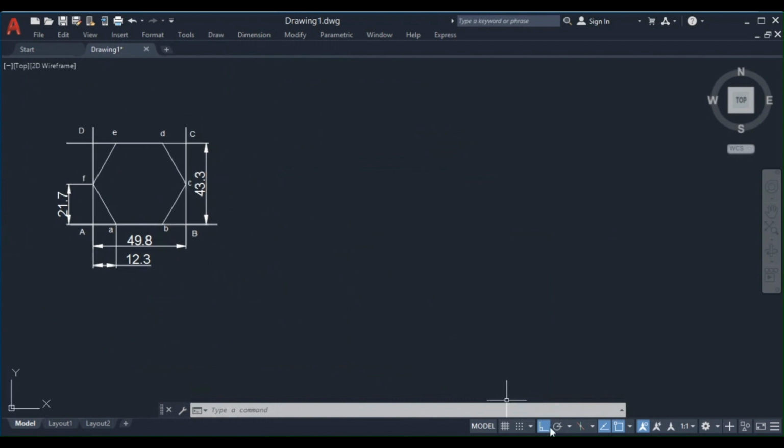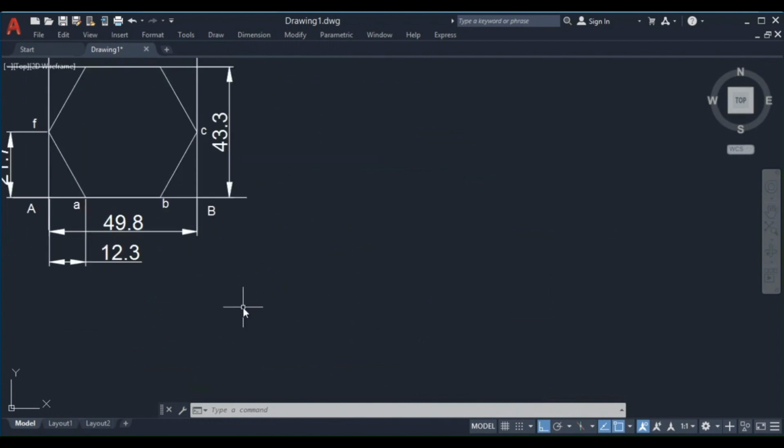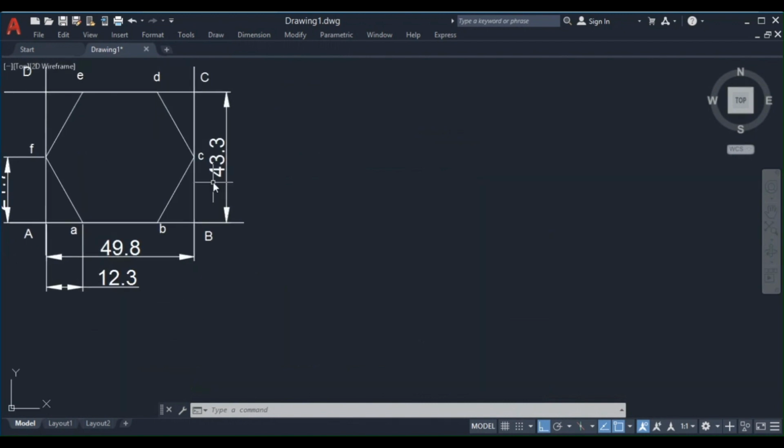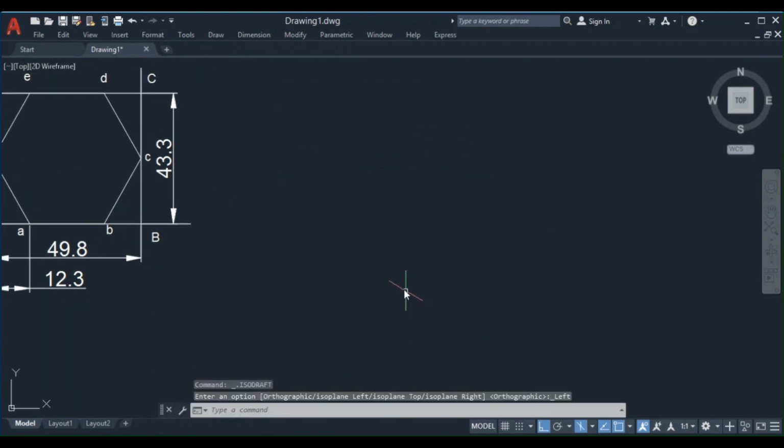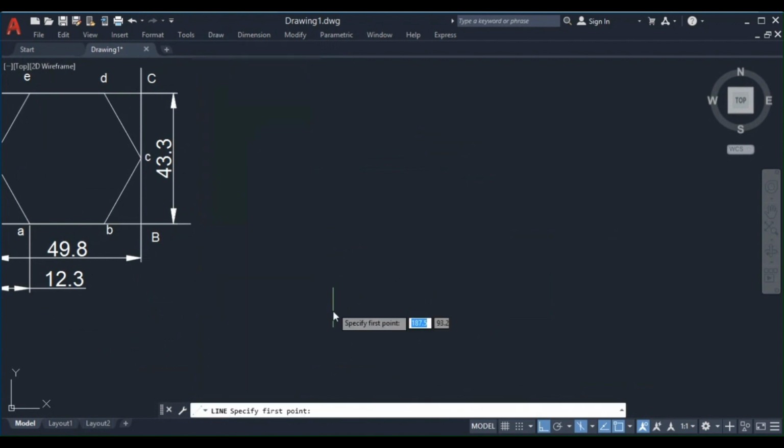Now, first this outer boundary, 49.8 and 43.3. Based upon this one, first I'm going to construct isometric view of a square first. Is isorhombus. Now I'm going to draw axis vertical. That is axis perpendicular to HP. So here